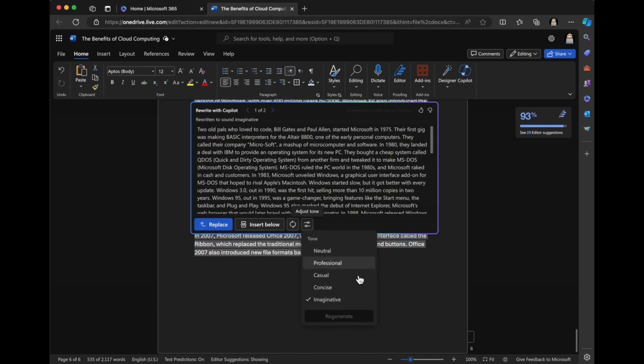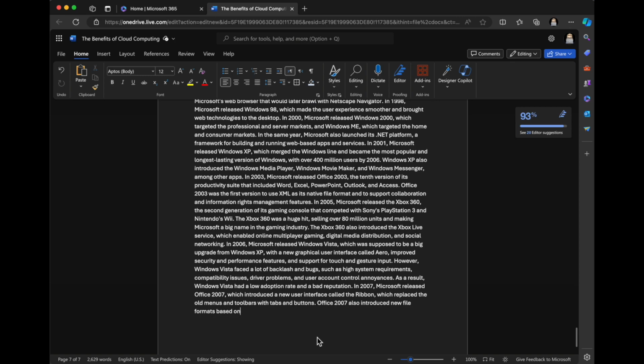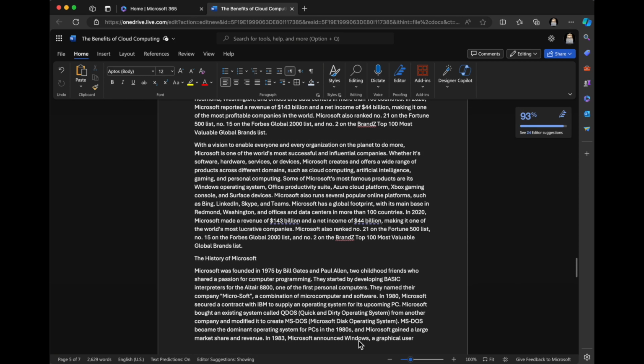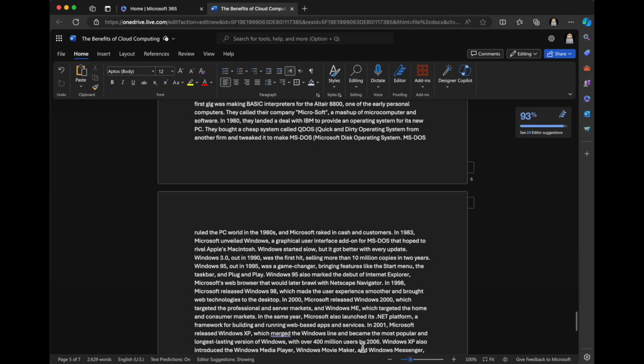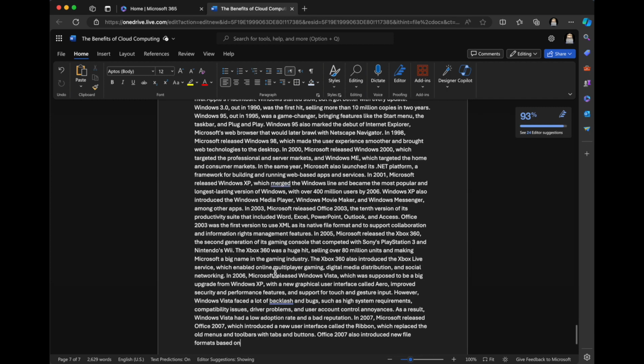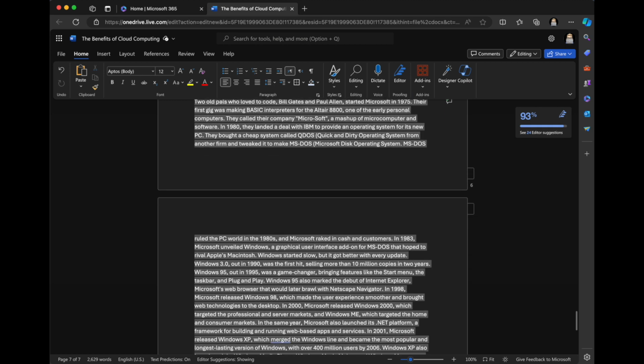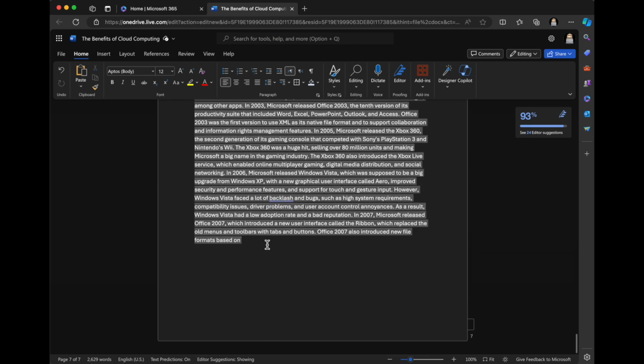So we have the option for, so it looks like the tone is now in this kind of imaginative state. Replace, so it's got the 1 of 2. I'm going to click insert below. Interesting. So this is really interesting. So I'm able to go into a document and make changes. I'm wondering if, let's see here, if I select, can I select this? And then,